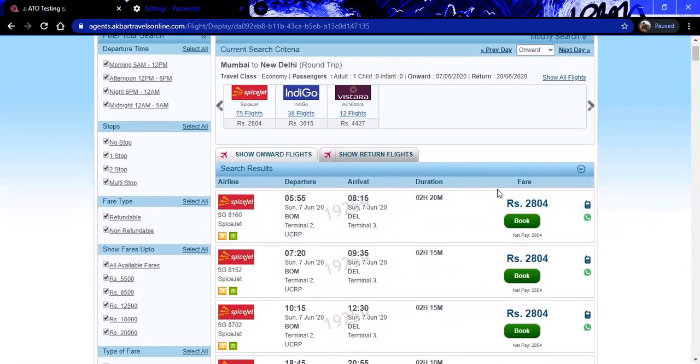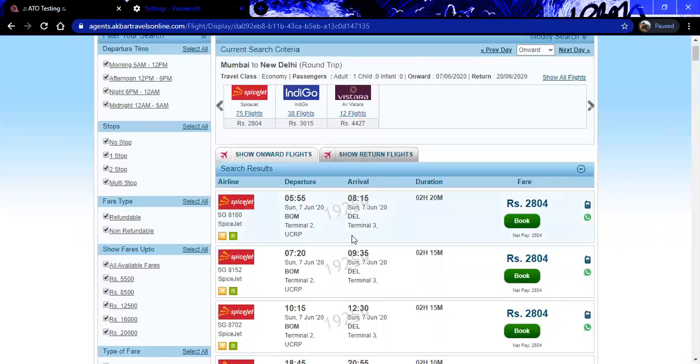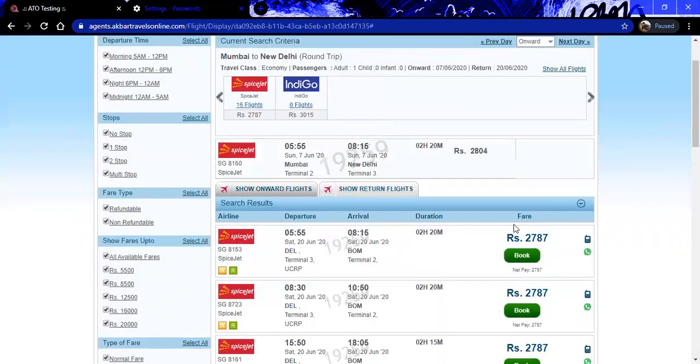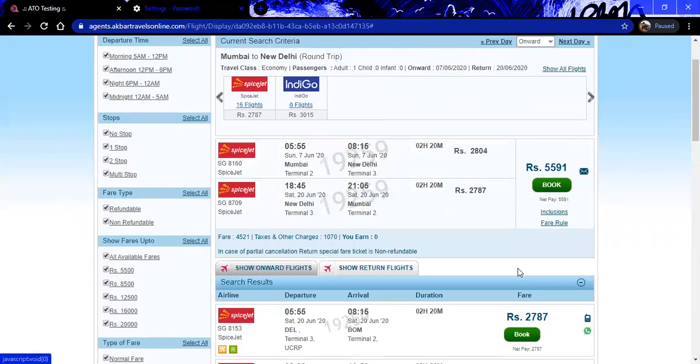You have to firstly select the onward flight. Again, the identifier, if you look for, you have to do Control A, you will be able to identify the fares accordingly, according to the fare basis code and the code which is provided by the airline. Okay. Clicking on book, the first flight is selected and it is showing on the top. The second, the return flight, which has to be selected if I wish to select another flight. The second selection is also done.